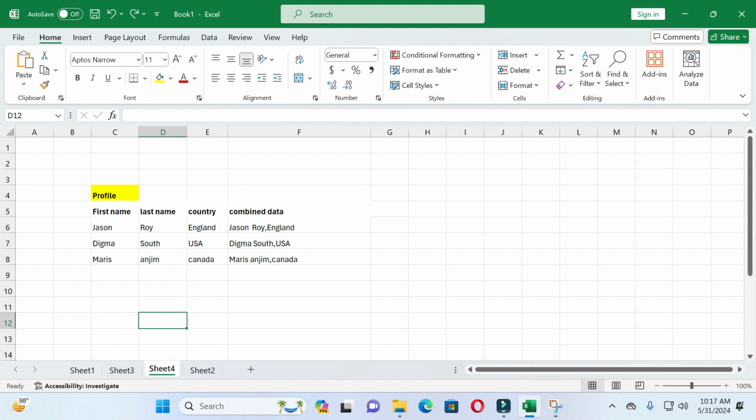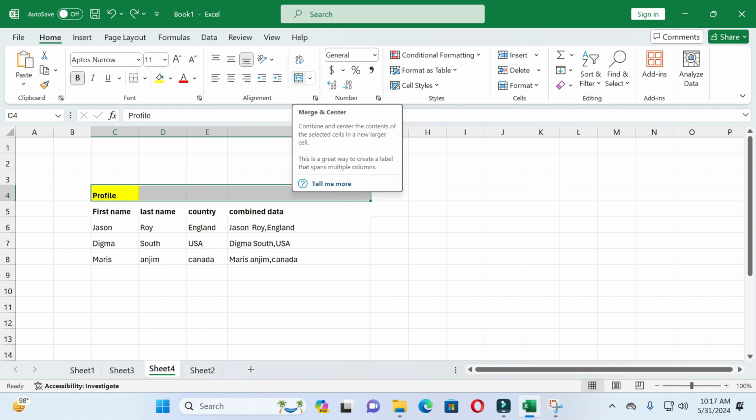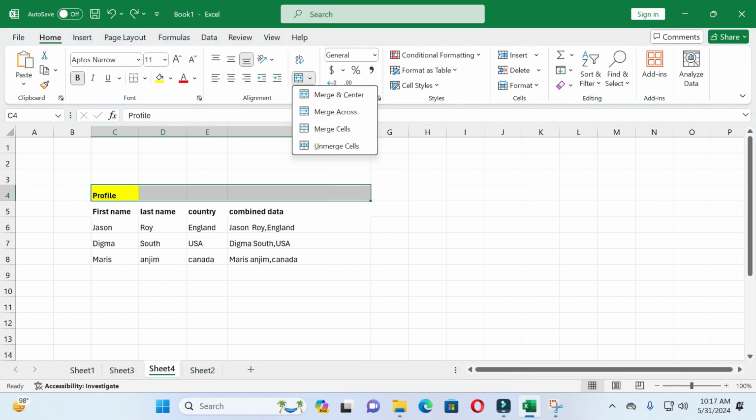So guys, firstly select the cells which you want to merge. For example, I want to merge these cells. After selecting the cells, you will see in the Home options this icon, Merge and Center. So just click on it. When you click on it, you will see four options: Merge and Center, Merge Across, Merge Cells,